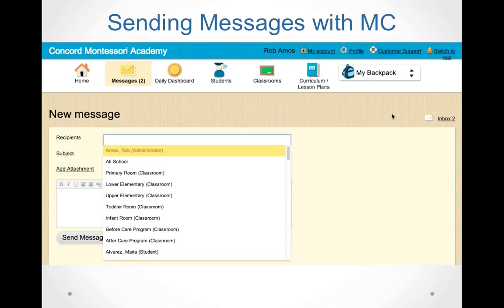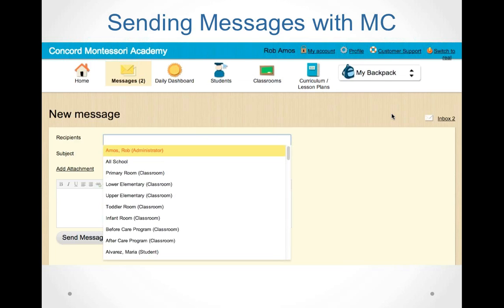That works a lot like Gmail, where you can flag things as being priorities. If I want to compose a message, I click the Compose button, and then I'm presented with a list of recipients for the message. I'm going to give you a lot of different shortcuts here. So I can choose All School. If I'm a school administrator and I have a parent meeting, I can go ahead and choose All School, type in Parent Meeting. I have the ability to add an attachment if I would like. I type my message, and if I were to click Send, that's going to go ahead and send this message out to everybody.